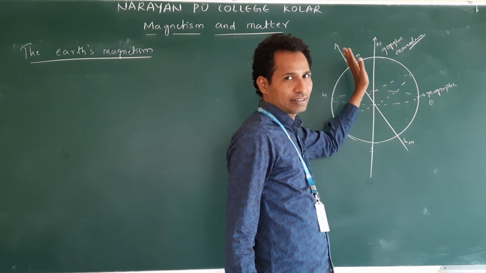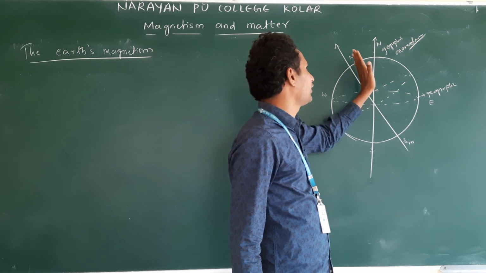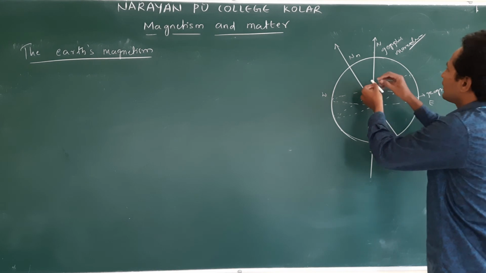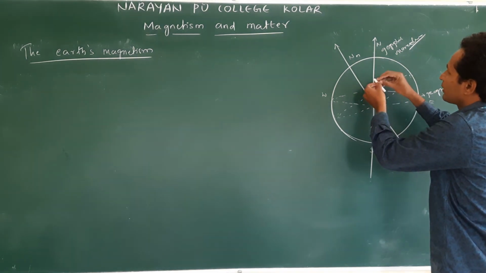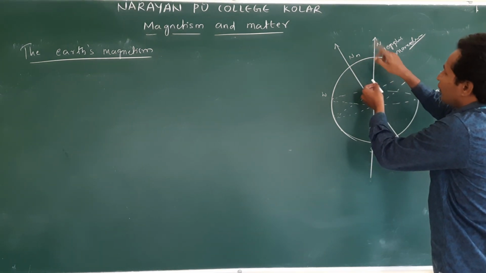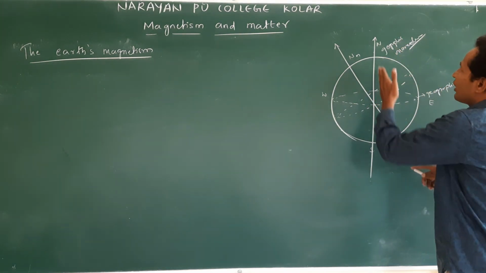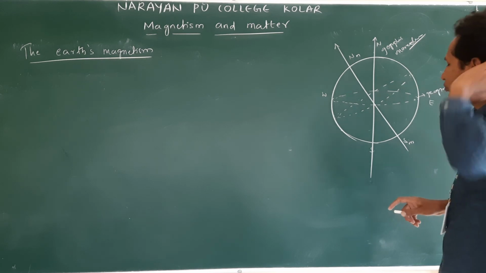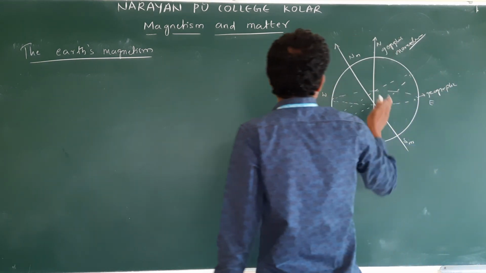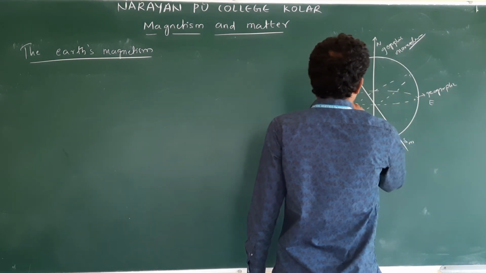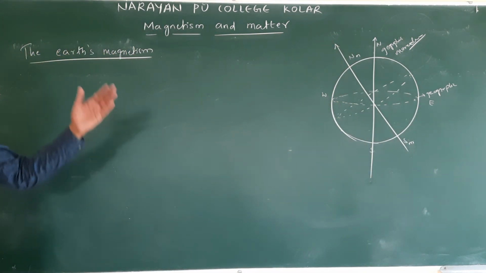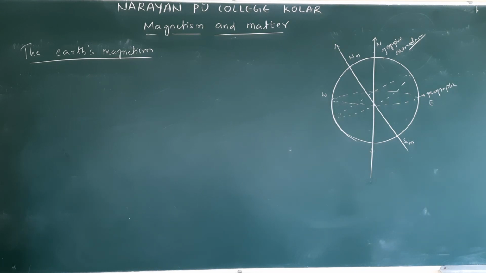If you suspend a magnet, it comes like this. Already in the magnet we have a north pole direction, so the north pole shows the geographic north. Actually, it does not show exactly like this. Understand? So this is the actual. These are the names: geographic meridian, magnetic meridian, magnetic equator, and the geographic equator.